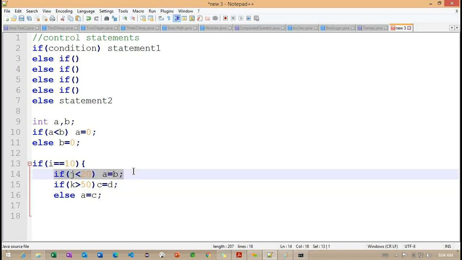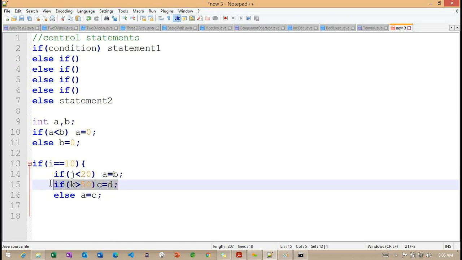First, the compiler is going to check this condition. If this condition is returning true or false, the second condition is going to be checked here. In the same way, this if condition is going to execute.